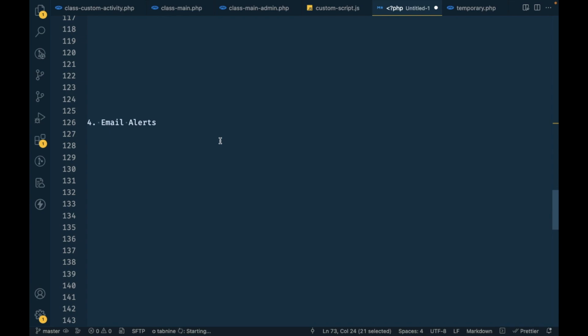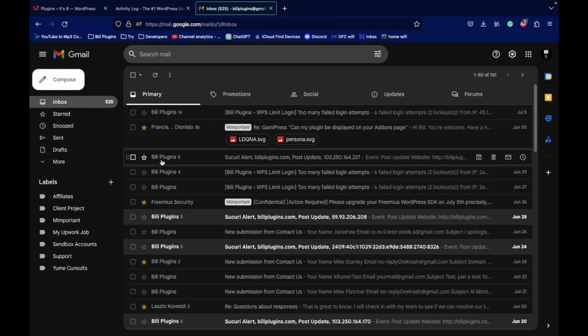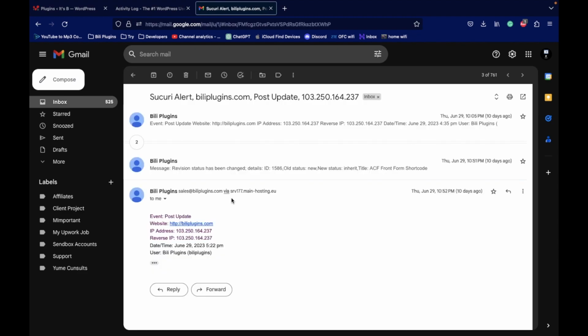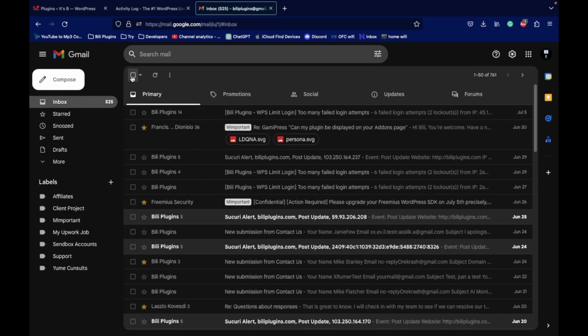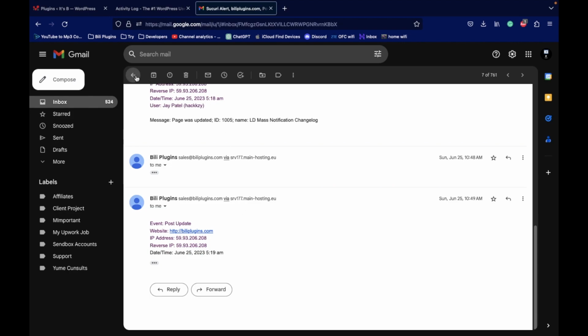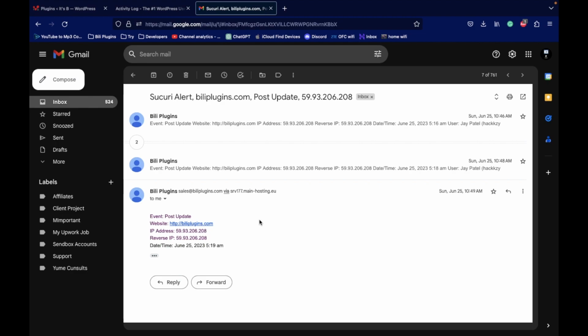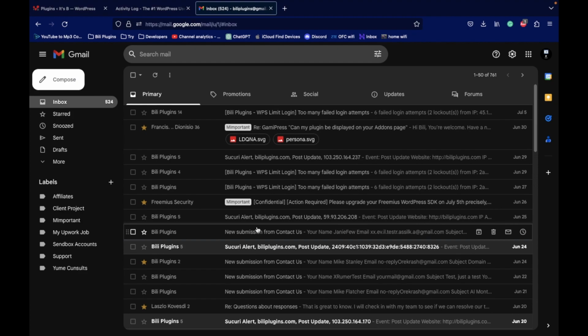It is good that you get email alerts for your site actions. Let me show you an example here. You see this post update email, so here I'm getting the email when somebody or I update any post. So you know something is changing on your site. If you are not doing anything, or one of the persons you know is not doing anything, then this can alert you that something is happening on your site, so that you can take action against that. And maybe you block the user or change the password or temporary email, anything you can do by checking